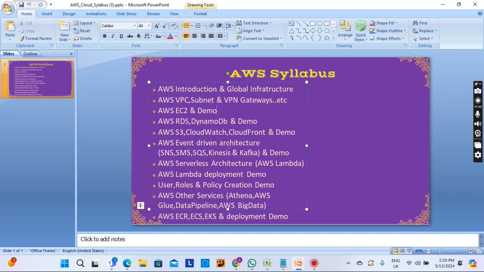And AWS event-driven architecture, like how we create SNS, SQS, SMS, Kinesis, Kafka architecture, and Kinesis data warehouse, how it works, and how we create the demo. We will show with an example how it is working, and we will show the demo. And the next thing is serverless architecture,